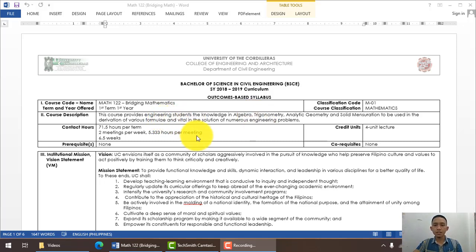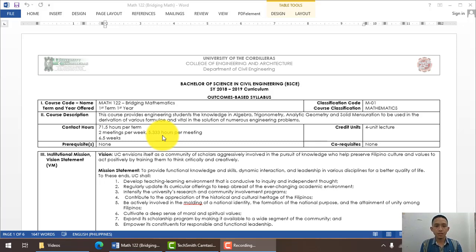And the design of our offering this term is that we will be having 2 meetings per week, and 5.33 hours per meeting. So that's why you have here MTH, TF, WSAT in your offering, or if you have a different one, it doesn't matter as long as you complete the 71.5 hours within